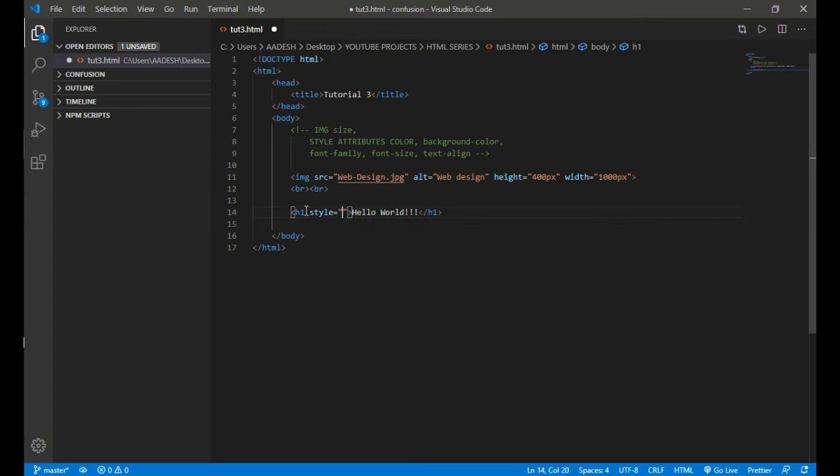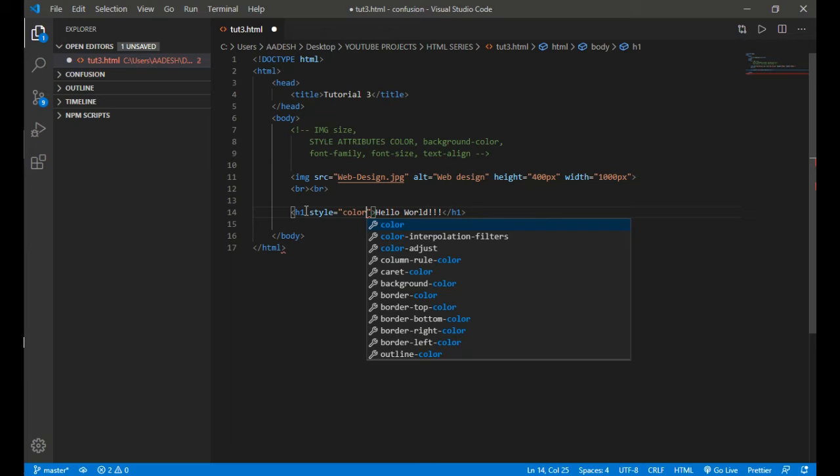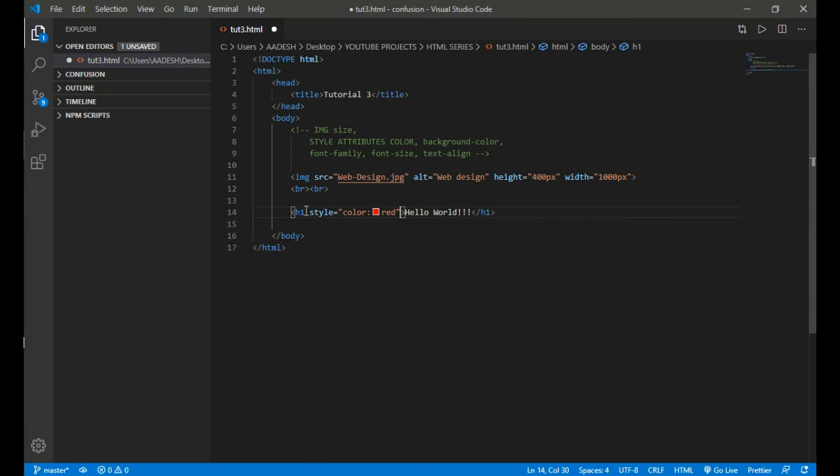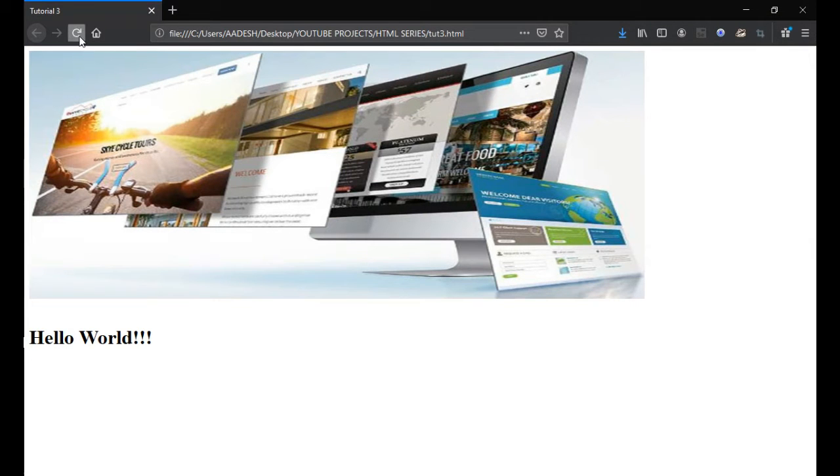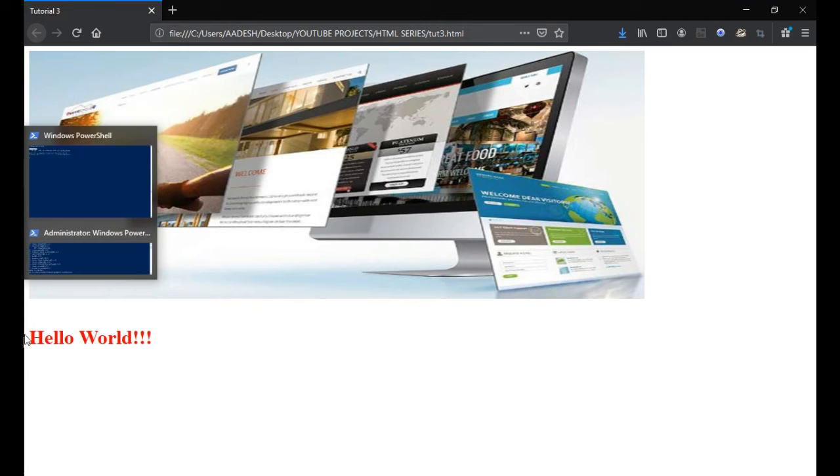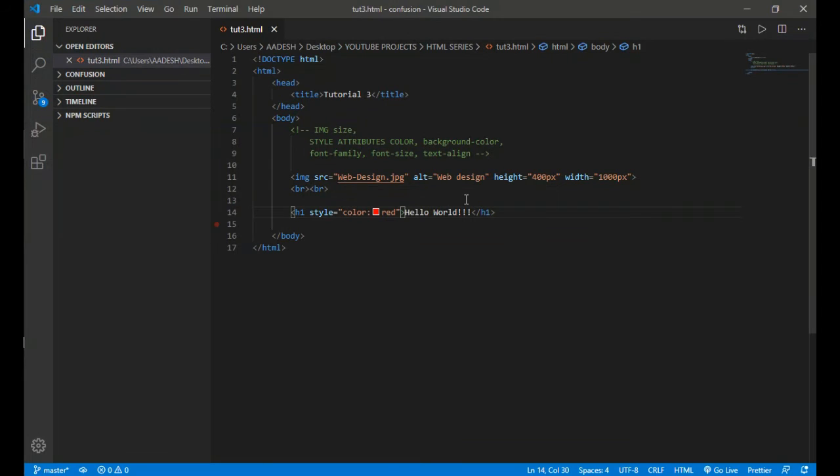So first style equals, and inside the style attribute, whatever things we want to customize, we can add them. Let me change the color of our text. Color red. Control S, save. Now go back to the browser, hit refresh, and here you can see the change in color of our text.